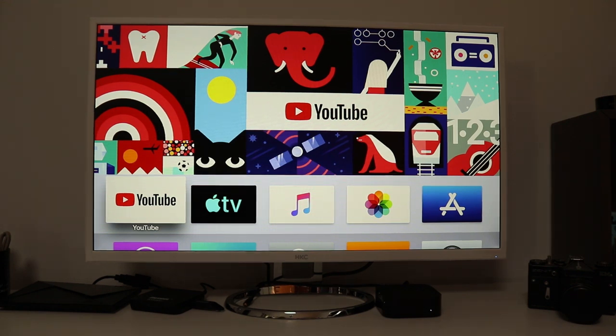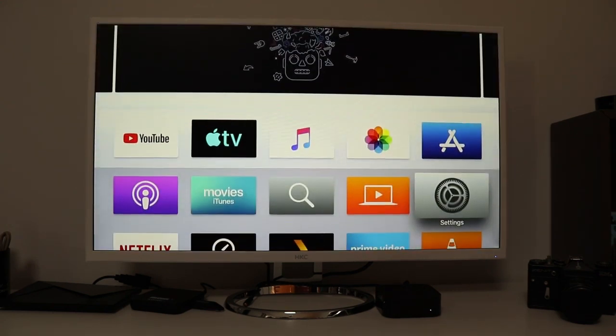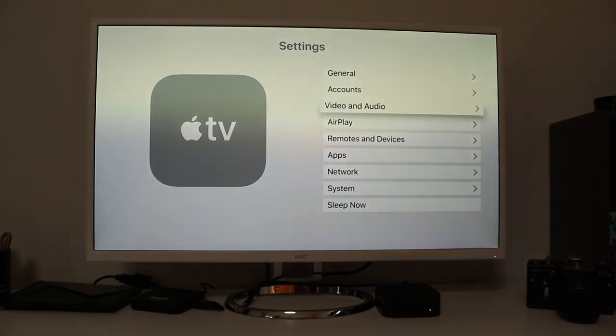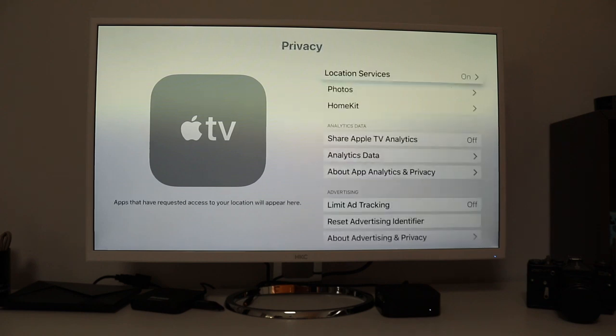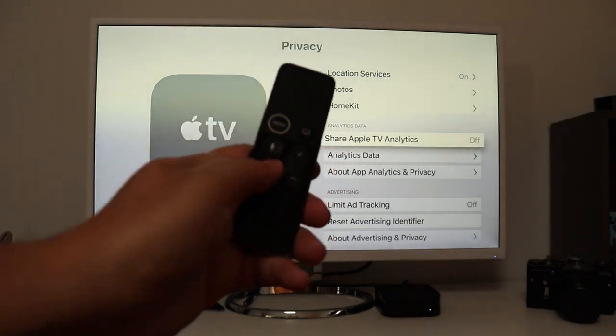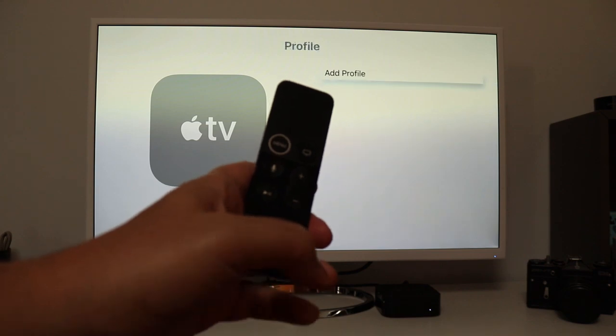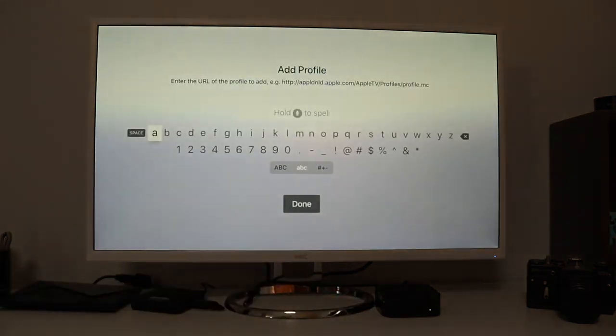Once you receive all the necessary information, you can go into Settings. Now from here select General. Now go where it says Privacy, select this one. And now from this new menu, you have to go over Share App Analytics, and from your remote control select Play Pause. This will give us the feature to add a profile,